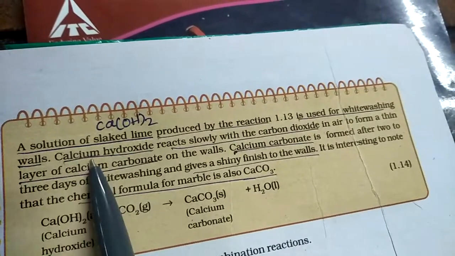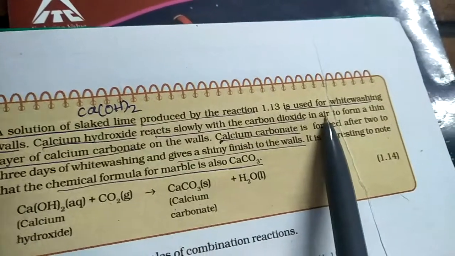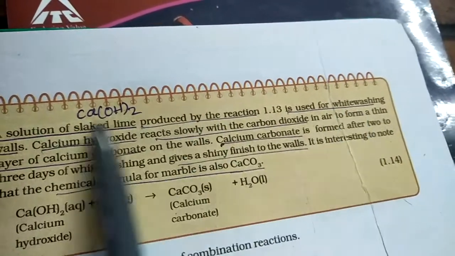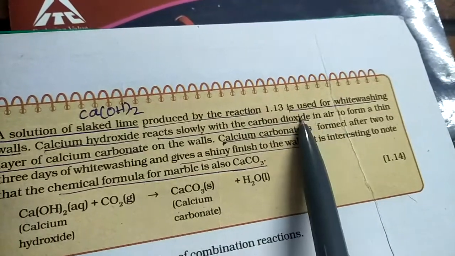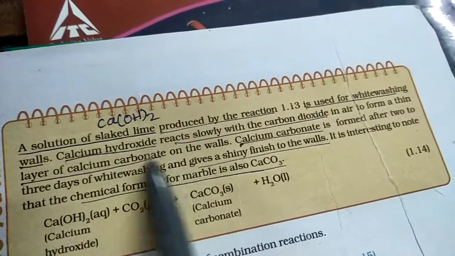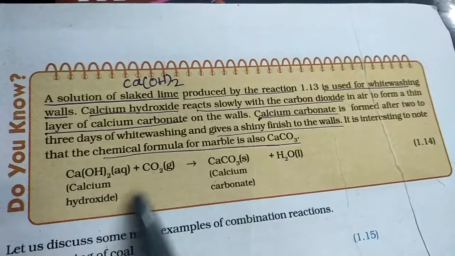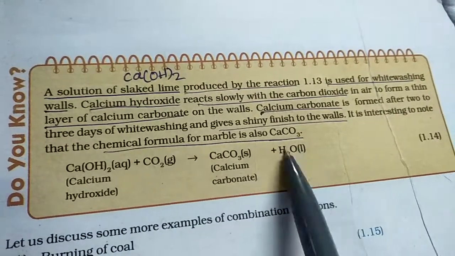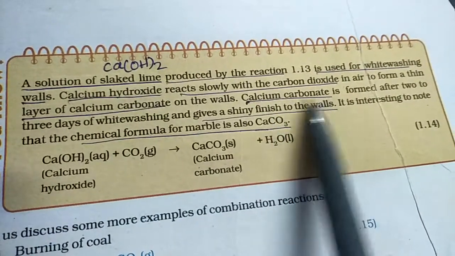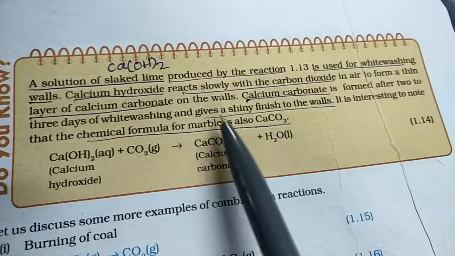Calcium hydroxide reacts slowly with the carbon dioxide in the air. After you use it for whitewashing, it reacts with the carbon dioxide in the air and forms a layer of calcium carbonate. So you have this reaction: calcium hydroxide plus carbon dioxide of the air gives calcium carbonate plus water. This calcium carbonate is formed after 2 or 3 days of whitewashing and it gives a shiny finish